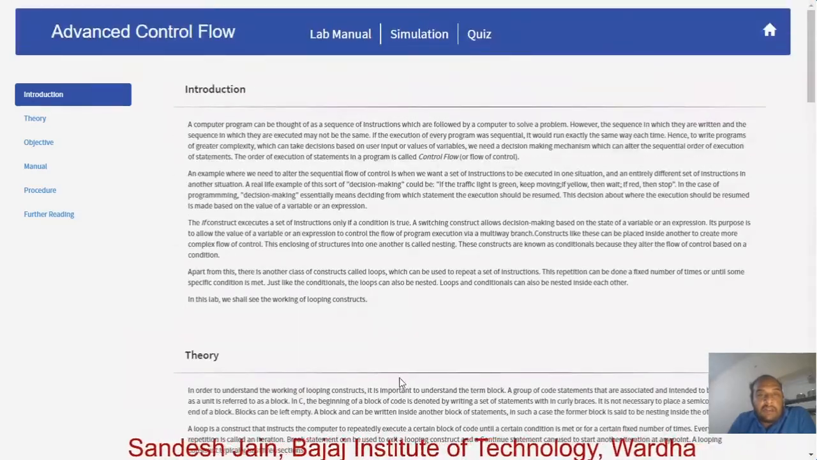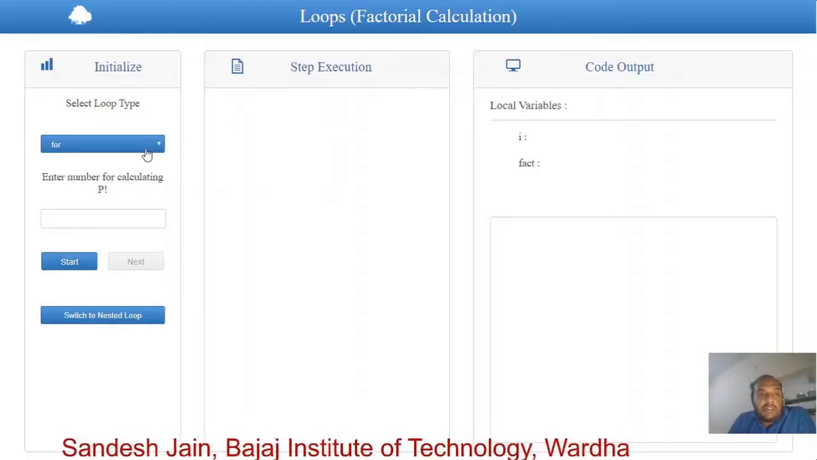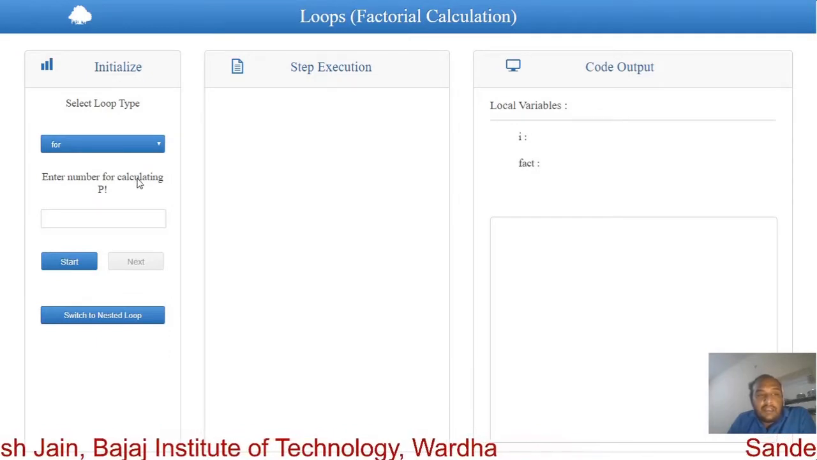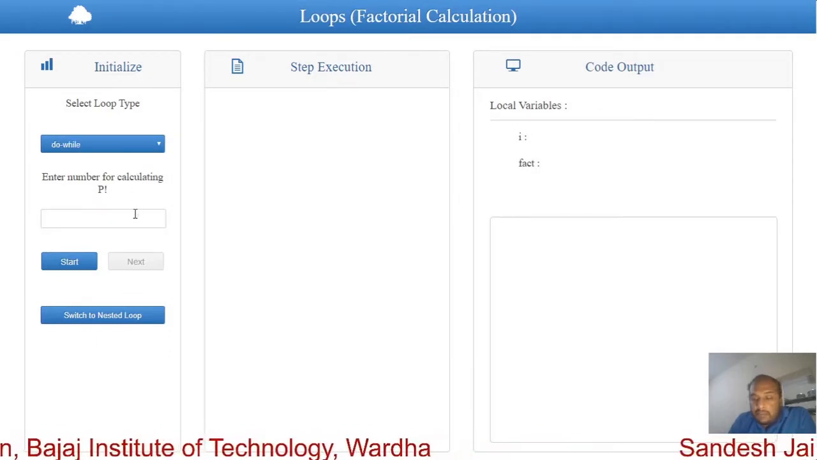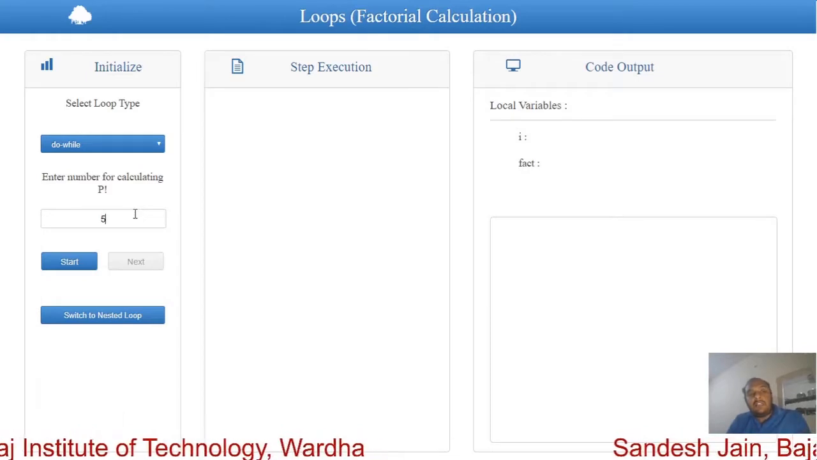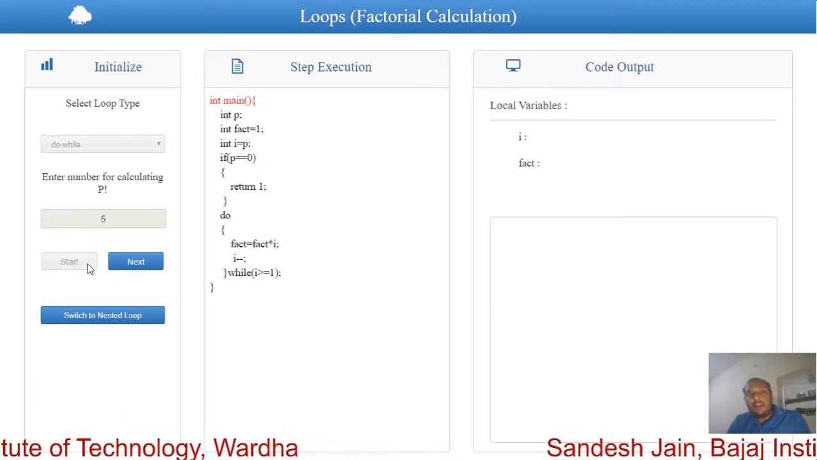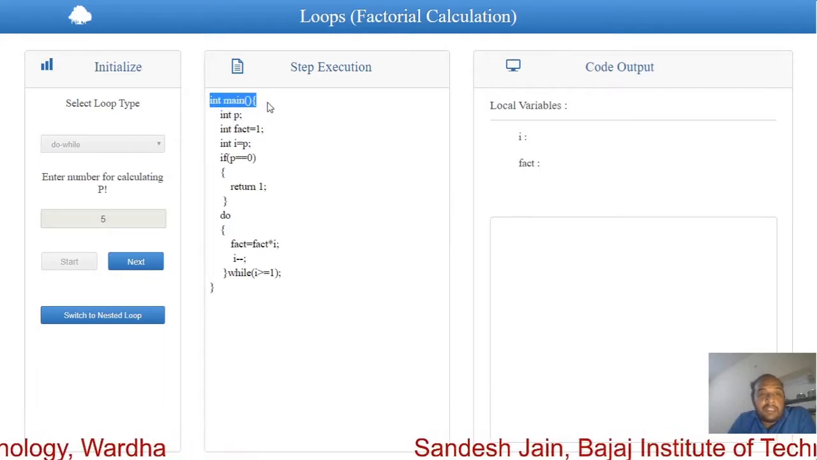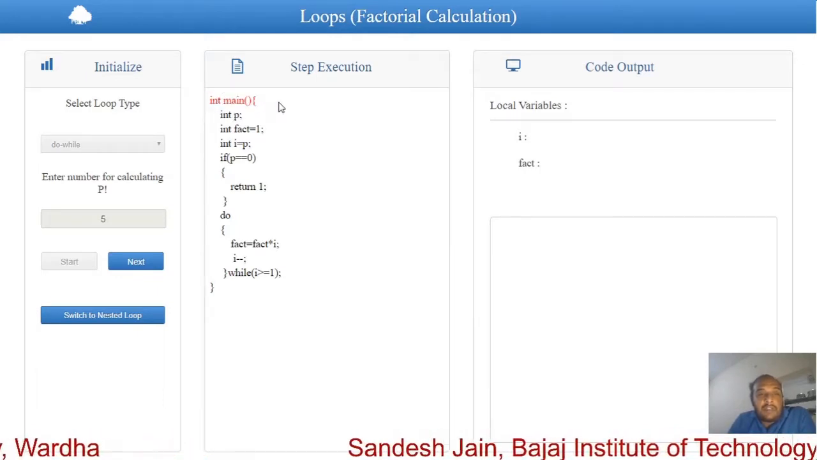Now we will start moving towards the simulation part. As we have seen in the for case, now we will make it for the do while case. In the do while case we will start with the value of 5. Now we will start executing. For your information, whatever has been written in red will be termed the current line of